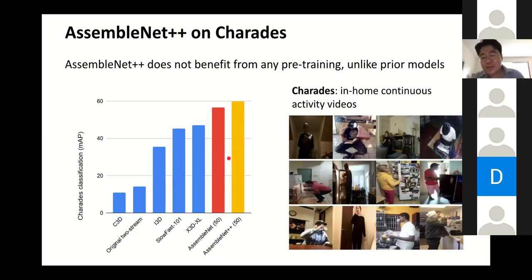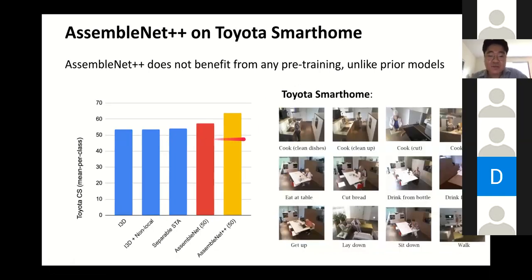So by automatically searching for better architecture, it was able to obtain higher accuracy than what humans are designing on such challenging dataset. And we tried this on another dataset, which is Toyota Smart Home dataset. And it also worked well.